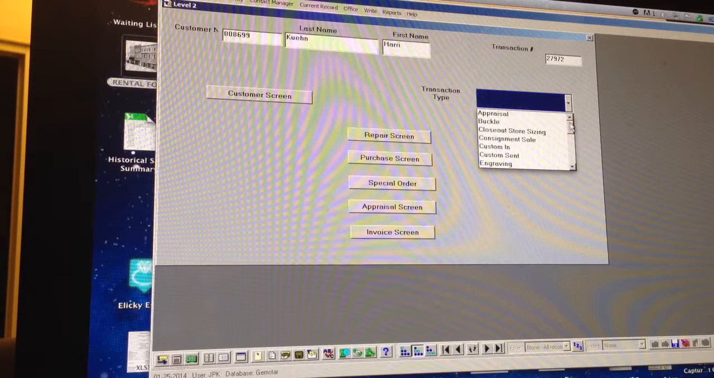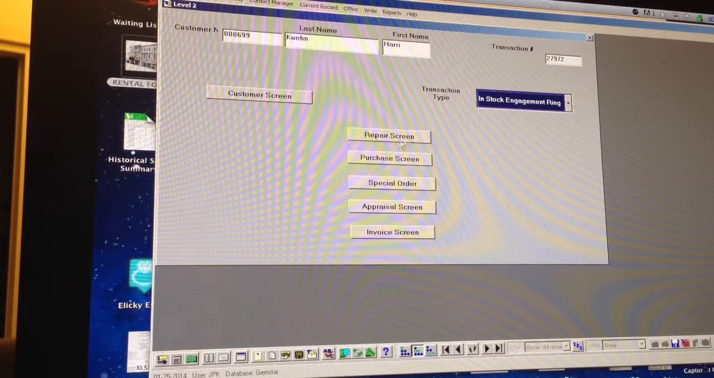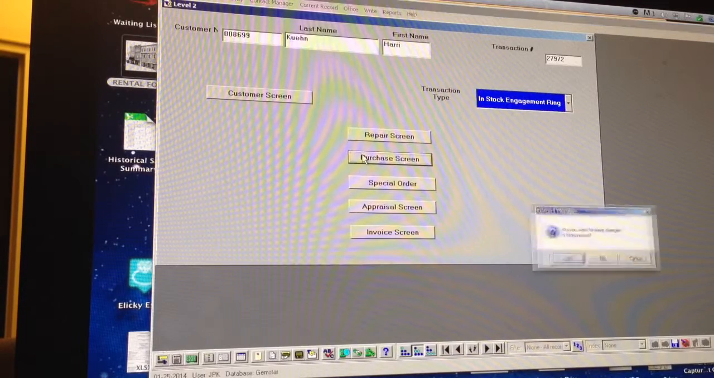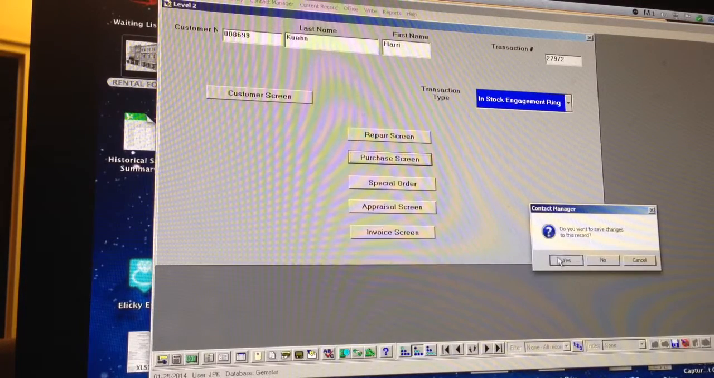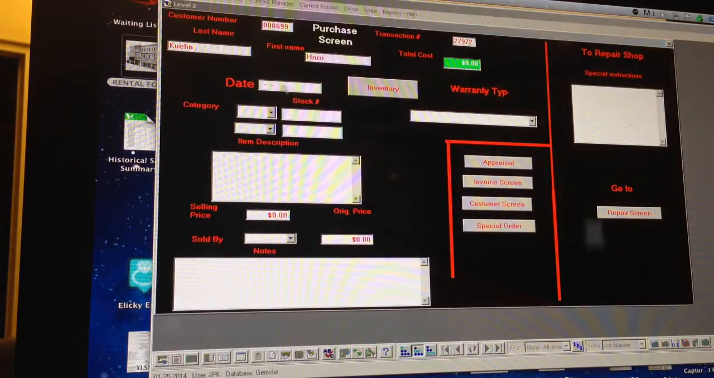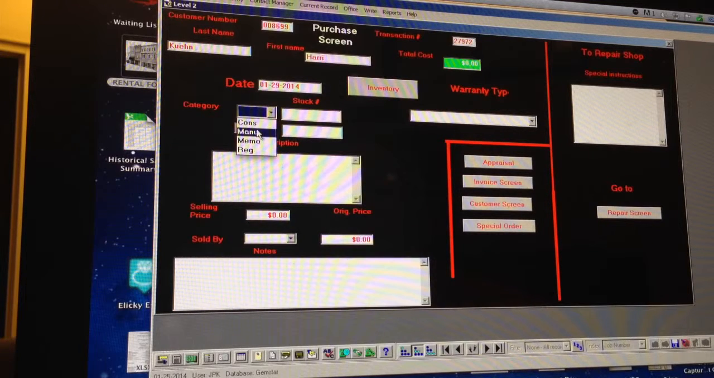It's got to be here somewhere. In stock. Let's just say in stock engagement ring. We go to the purchase screen and the date. The category is a regular item and its stock number was 7258. Let's just say engagement ring, and we would describe it better hopefully, and we sold it to them for